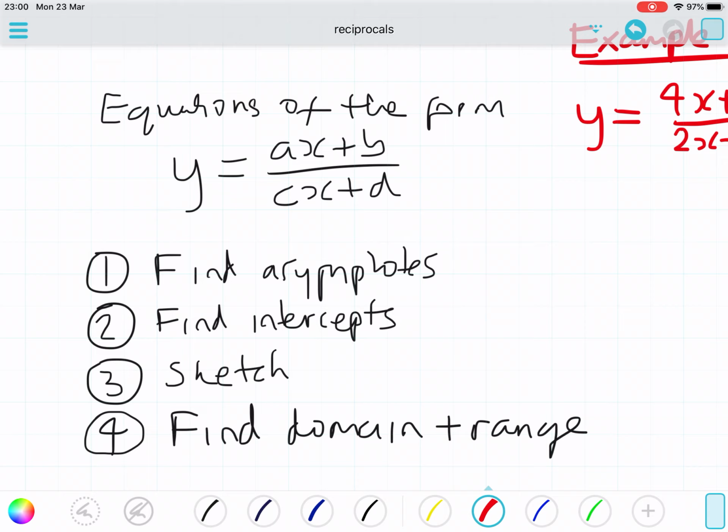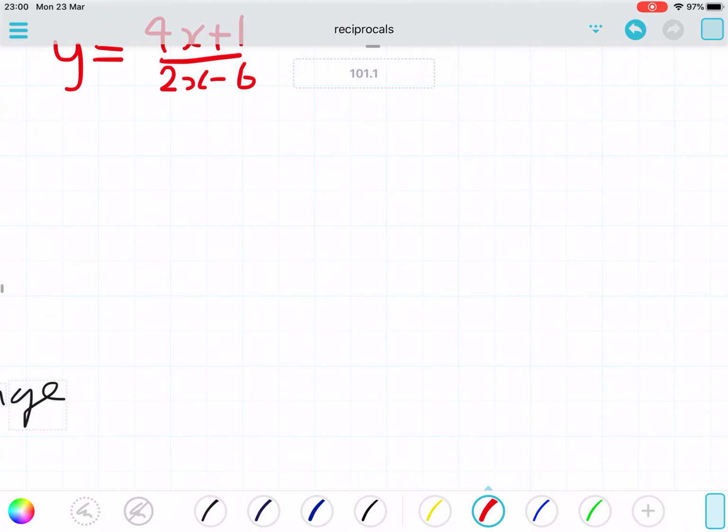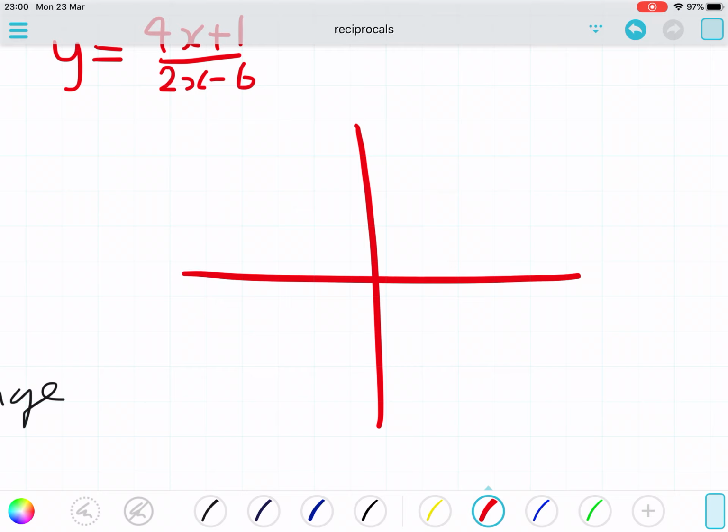Today we're going to look at equations of this form, y equals ax plus b over cx plus d, and hopefully you watched the previous videos from exam solutions about reciprocal functions. This is sort of another form of a reciprocal function really, so equations in this form look like the familiar kind of curve like that